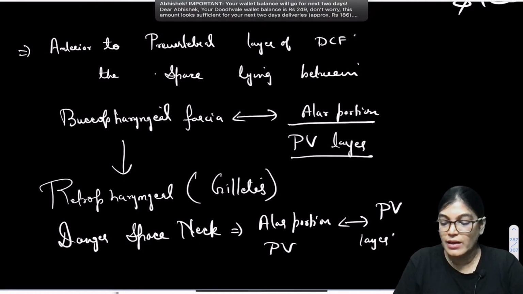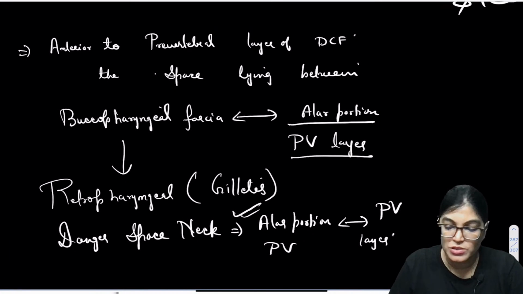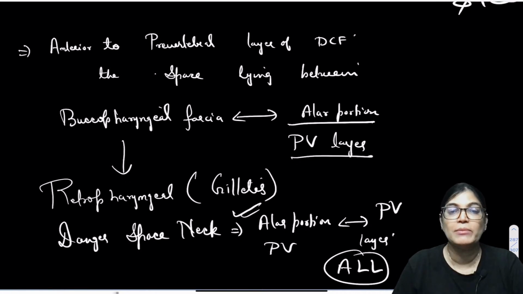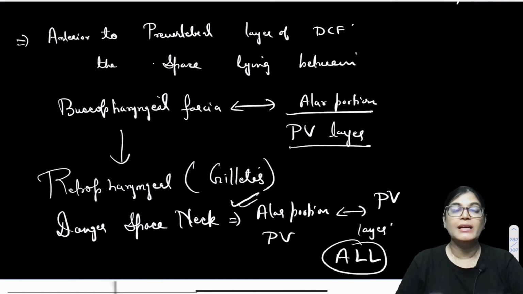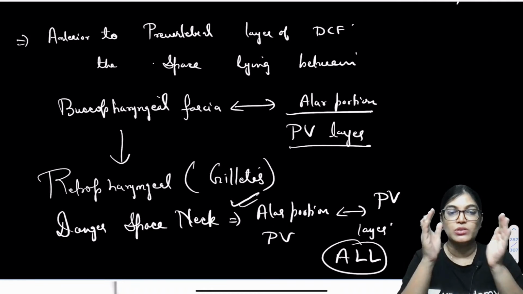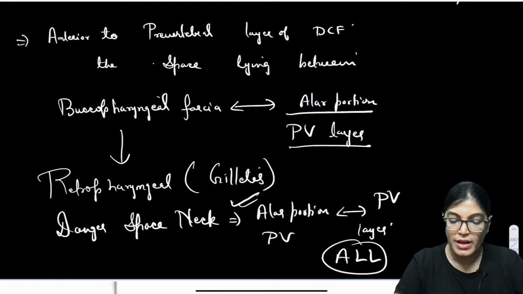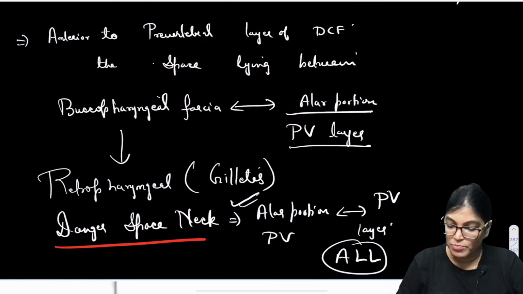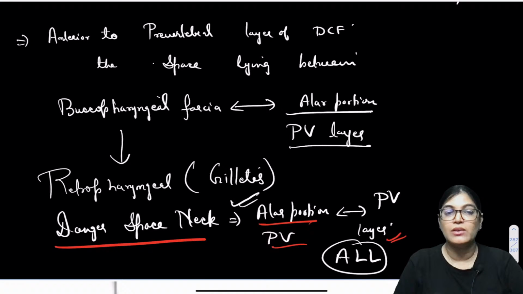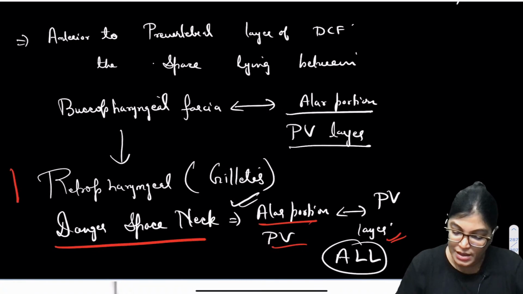The alar portion is the anterior part of the prevertebral layer, and the prevertebral layer is the part which is merging with, what is this? Anterior longitudinal ligament of upper 3 thoracic vertebra. That means the prevertebral layer itself is divided into two layers. Anterior is called the alar portion and posteriorly it is merging with the anterior longitudinal ligament. The space lying exactly between the alar portion of the prevertebral layer and that layer which is merging with the anterior longitudinal ligament is called the danger space